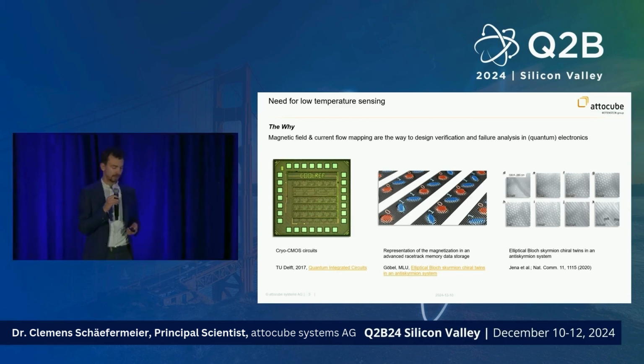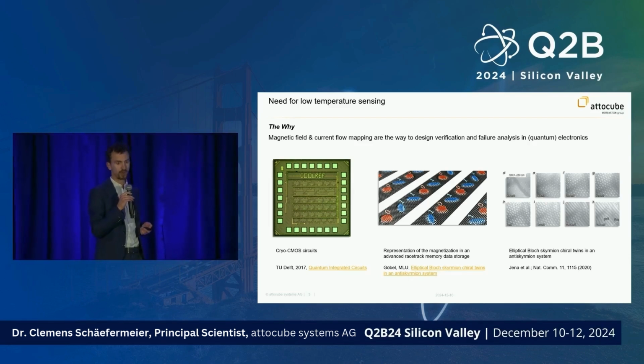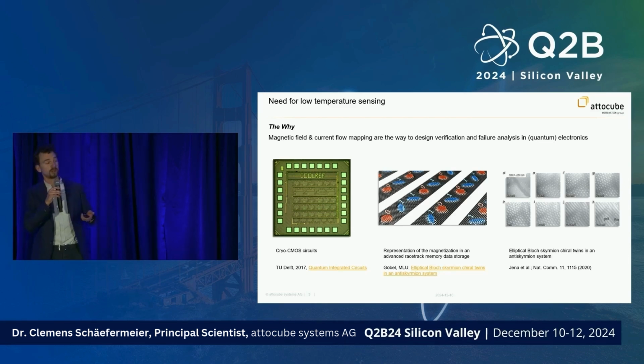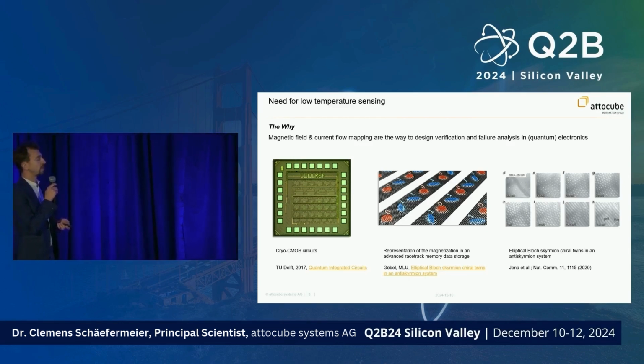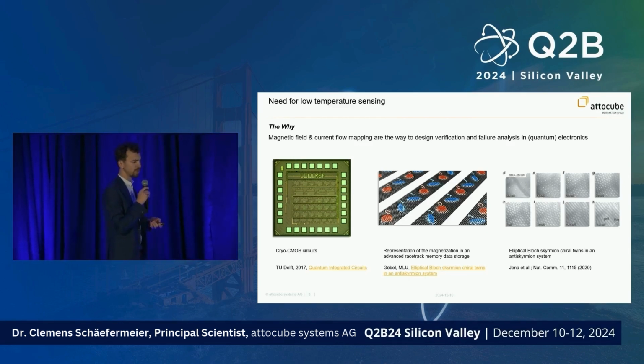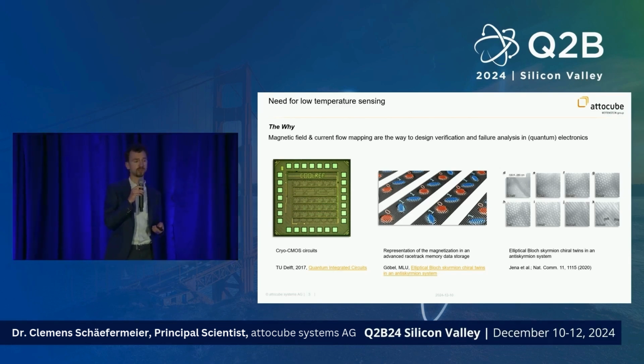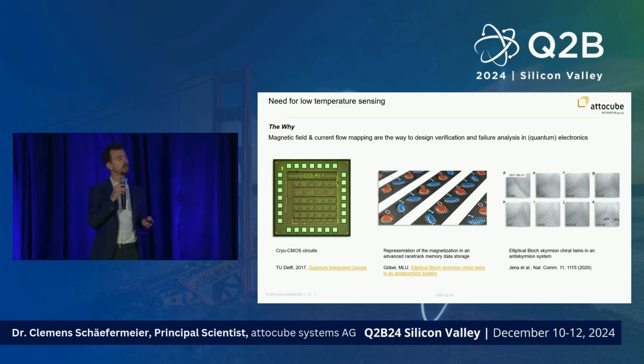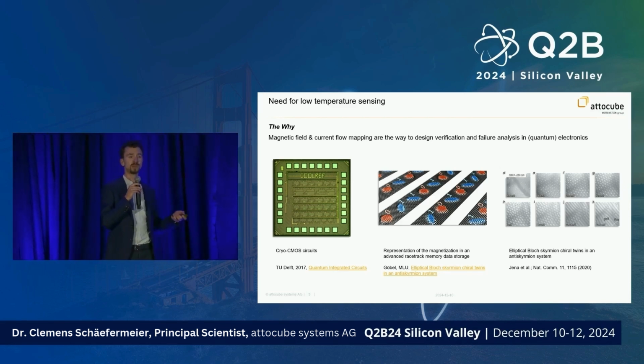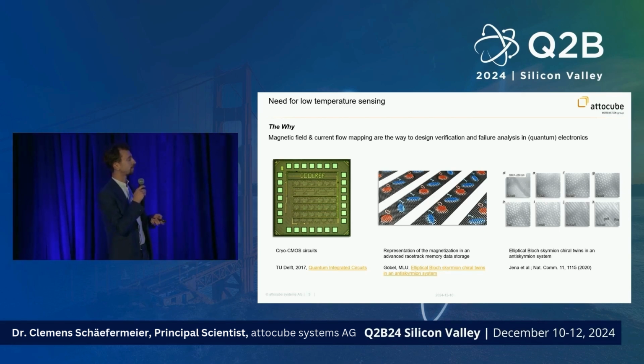There's another aspect of research where magnetic field sensors are needed. So here, these two images illustrate and show actual skyrmions. So skyrmions are, in some sense, quantum quasi-particles that can be used for information storage, or that are thought to be useful for information storage. So these typically work at room temperature, but are also really useful at lower temperatures. Not like millikelvin, but maybe 100 Kelvin. And here also you need a sensor and a way to manipulate these skyrmions on a nanoscale.